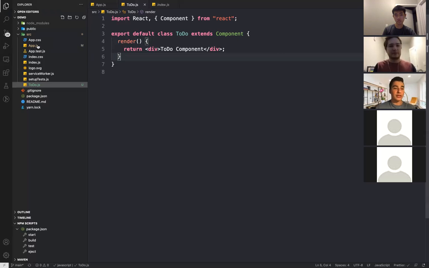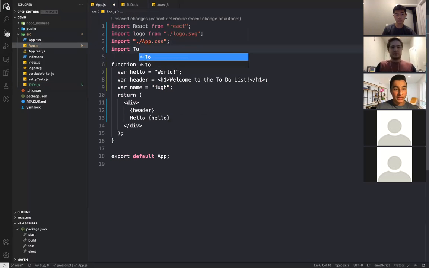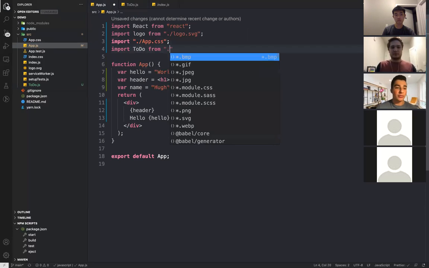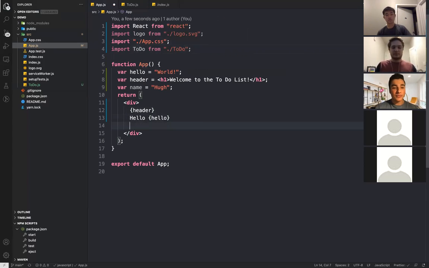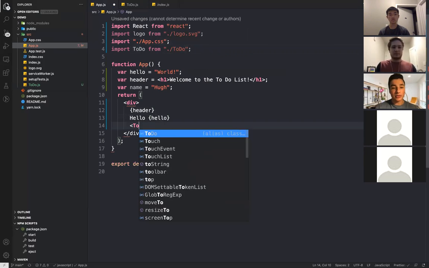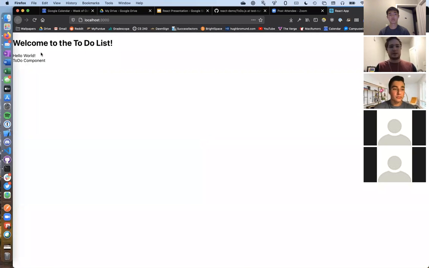Exactly. So now Hugh's going to go back into the app.js. He simply has to import to do from the to do JS. It basically eliminates the use of that curly brace. And now if he wants to render that to do inside of this parent component, he can do so. And so now we should see on screen all that we had in app.js as well as to do component